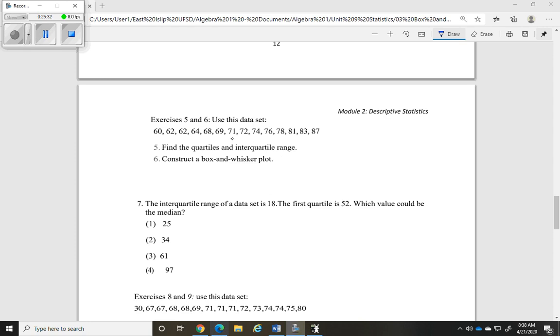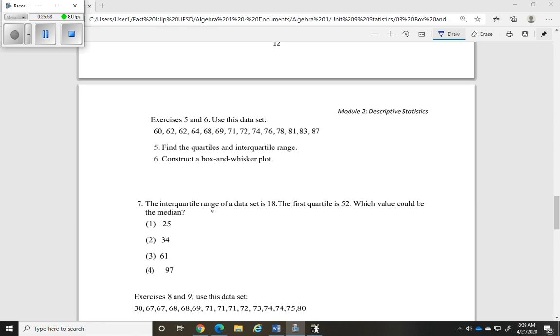In number 5 and 6, I would enter this into the calculator and then construct your box and whisker. Be careful, check and see if there's an outlier on your graph on your calculator. Remember, a point floating out there. This way you don't connect a whisker to it if there's an outlier. Number 7,